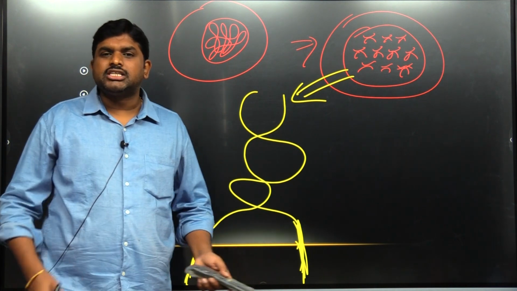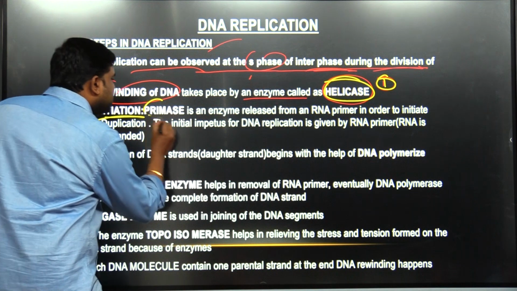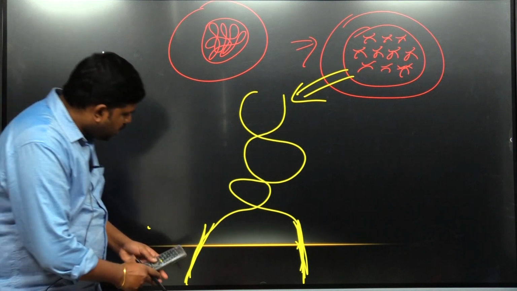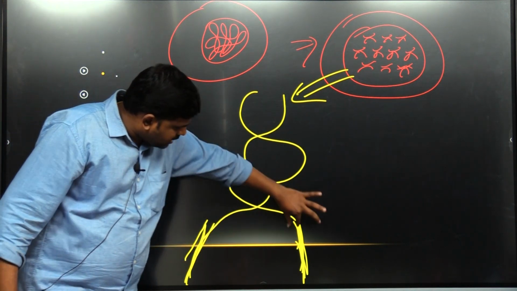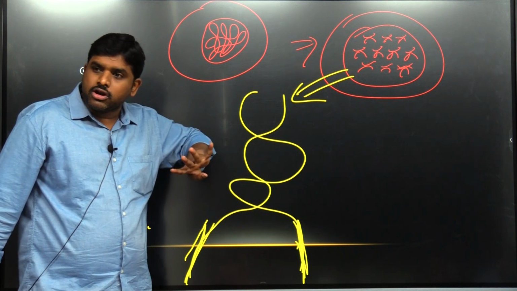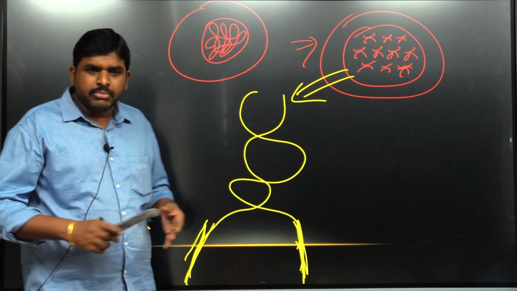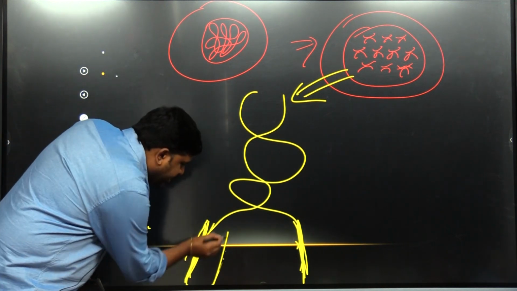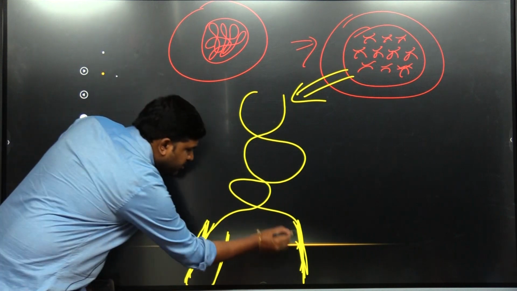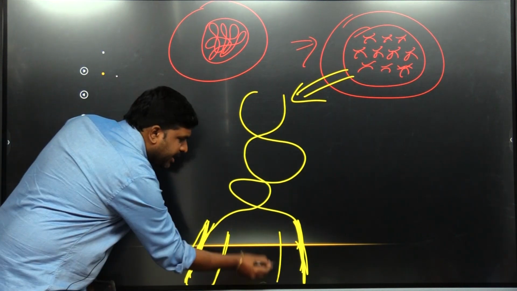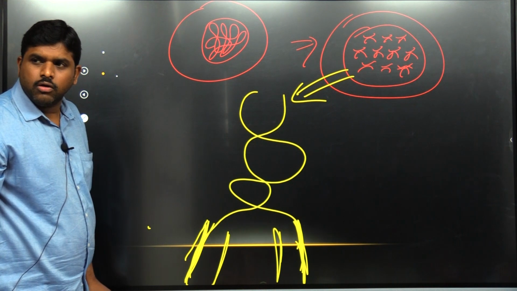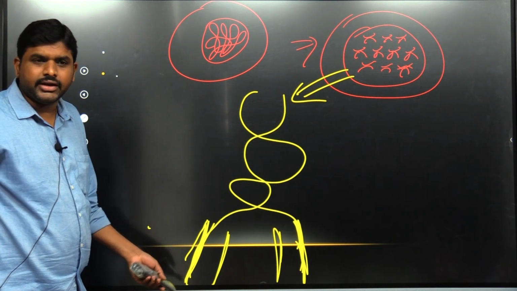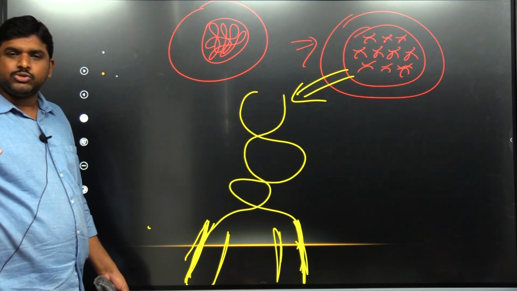Then one more enzyme, which is called primase. Initiation is starting. Primase. My target is what? This should be doubled. One line is there, another line is there. Two are there, should become 4, meaning doubling. Replication means the information present here should be replicated here. So 2 strands became 4 strands, doubled, replicated. But DNA has one disadvantage.